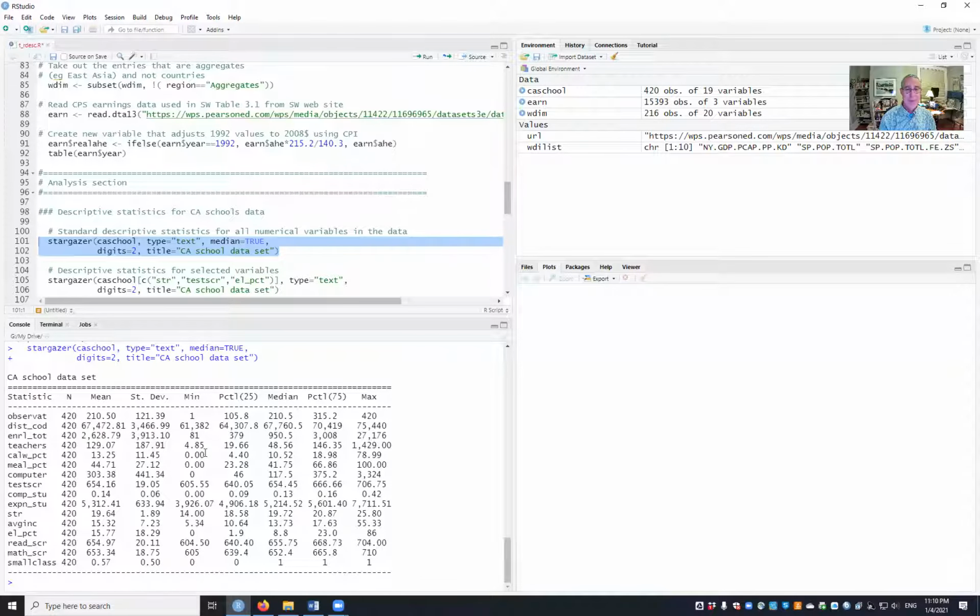Some of these variables are meaningful, others aren't. So if we look at student-teacher ratio in particular, which we'll be looking at a lot, we see that the average, the mean for the 420 observations, is 19.64, so about 20. So 20 students per teacher, sounds about right. The standard deviation is 1.89. Remember what the standard deviation is. It's a measure of the spread or dispersion